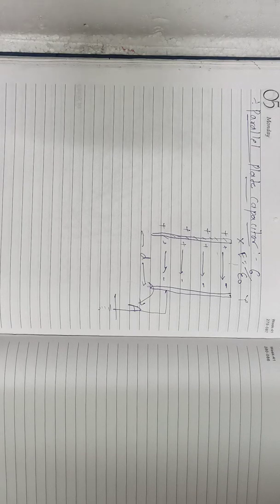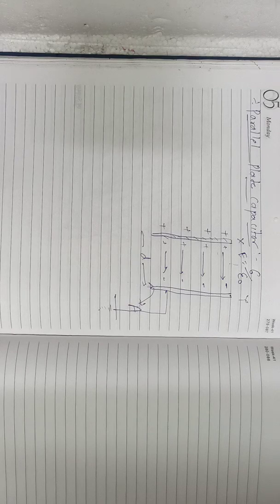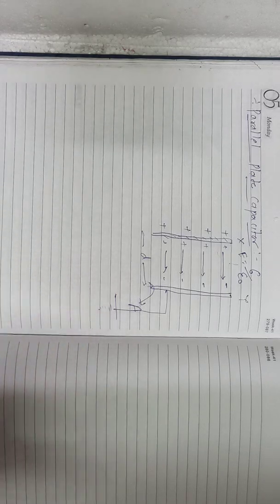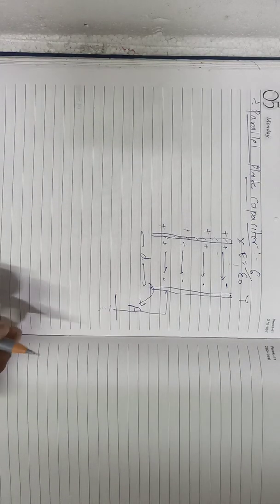In the most commonly used capacitor, it consists of two thin conducting plates X and Y, each having area A and held parallel to each other. You can see here at a suitable distance small d apart. The plates are separated by the insulating medium like air, paper, mica, glass, etc. Plate X is insulated and plate Y is earth connected.